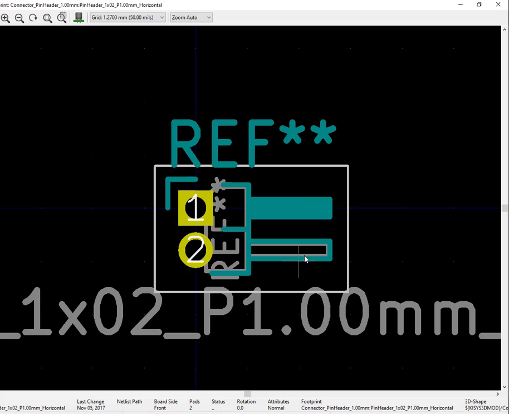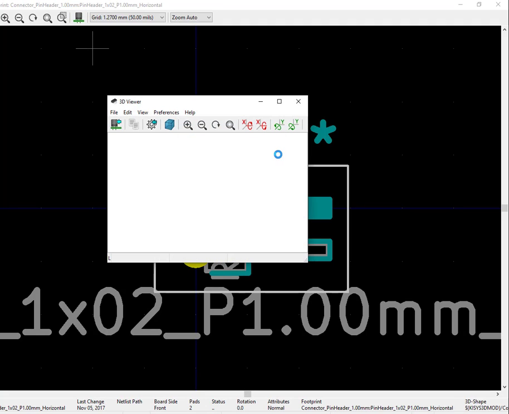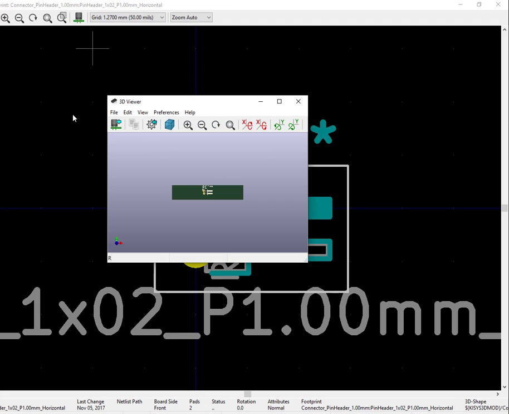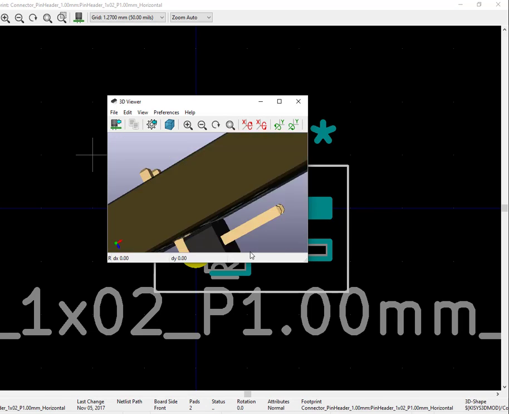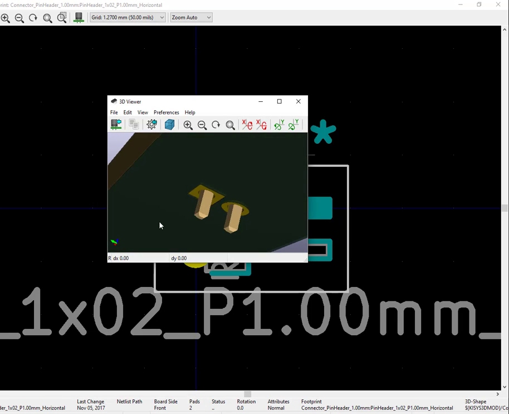So this is horizontal, and if you want to see the 3D image of this one, you just click here and you can see the 3D view of this component. So this is the 3D view of this component. So you can see here that it is somewhat in the horizontal way.